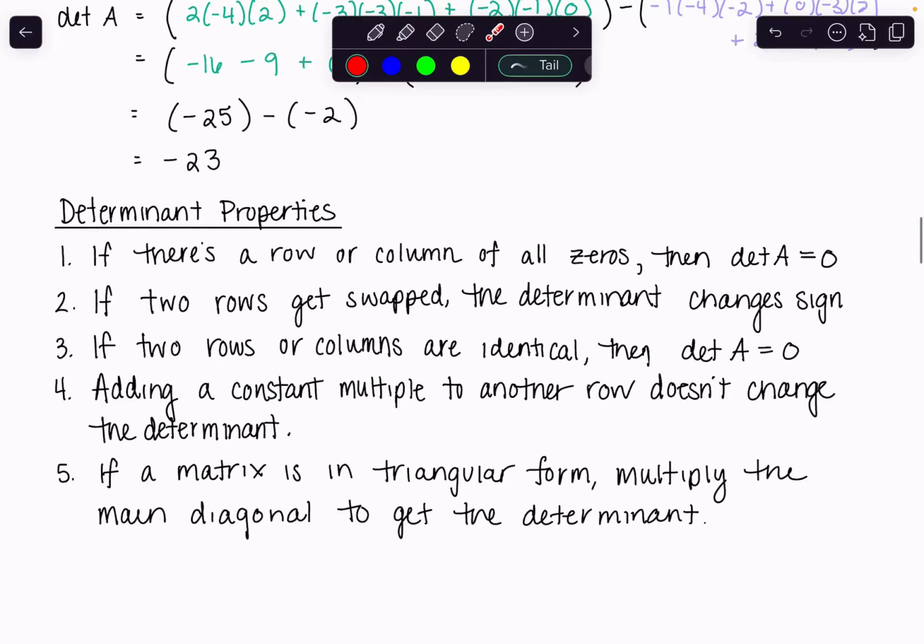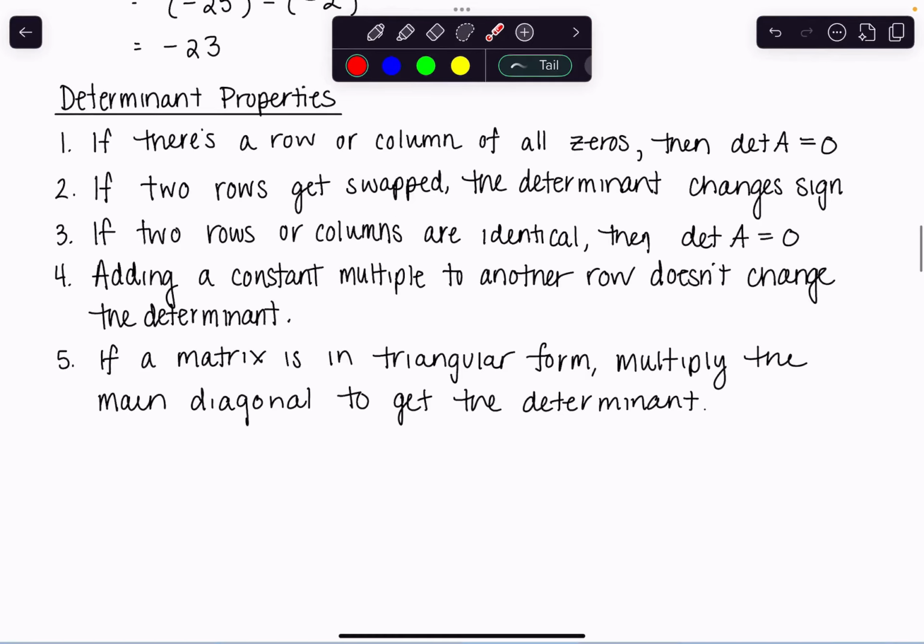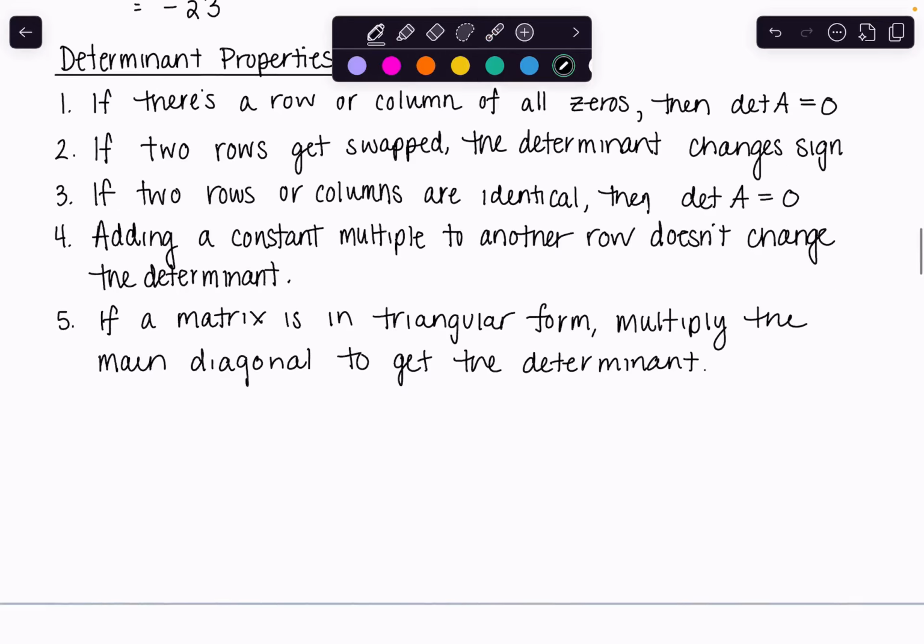If you add a constant multiple of one row to another row, like we did to do the Gauss-Jordan elimination, that is not going to change the determinant at all. And if you have a matrix in triangular form, in order to calculate your determinant you just multiply the stuff on the main diagonal. And to show you what triangular form is,